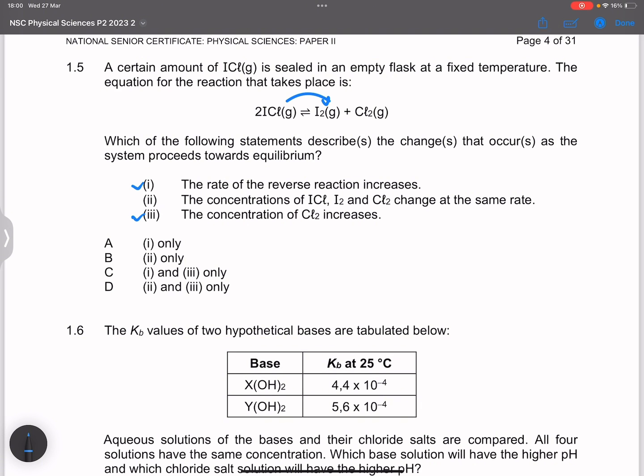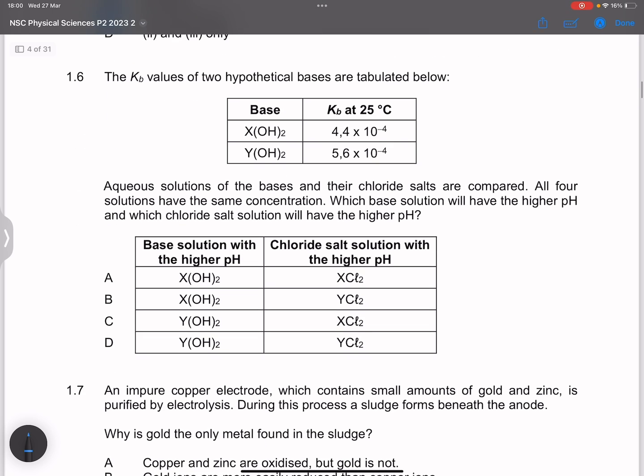So statement 3 would actually be correct. And so the correct answer there is C, which is 1 and 3 only. Right, going on to the next question. They say